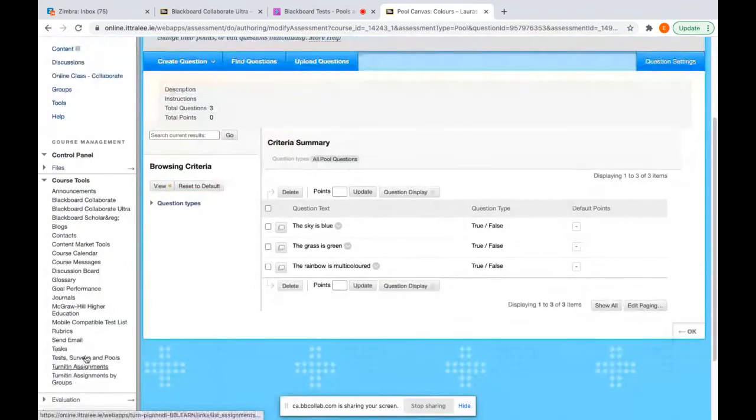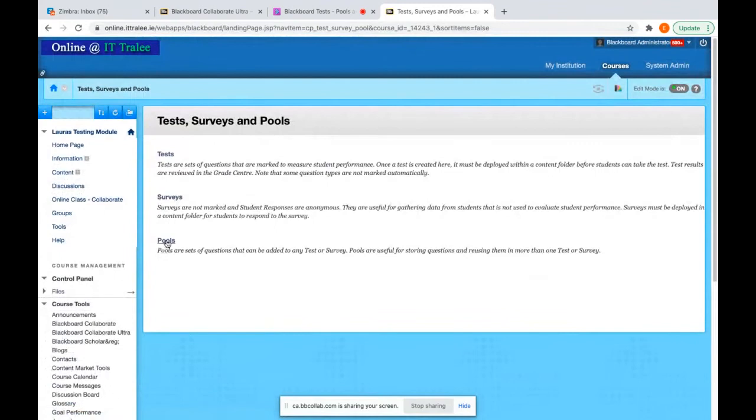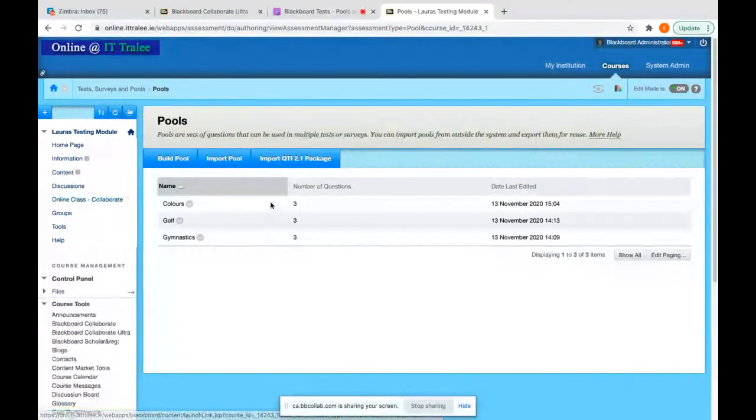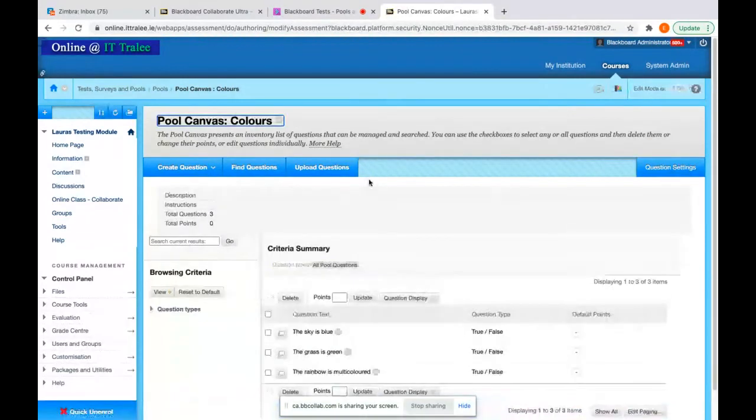So you'll see now if I come back to the test surveys and pools and go into pools, I now have 3 in there. Okay, and you can add in however many questions you want into each pool. If I want to edit the pool, I can just click the drop down and say edit. I do always have the option to copy it, and I can paste it into another module, or I can export it to a local computer and import it into a different module. So I'm going to say edit,